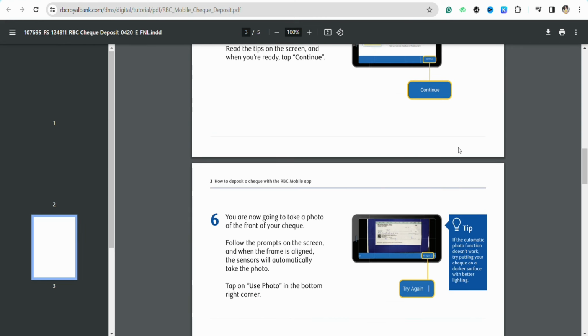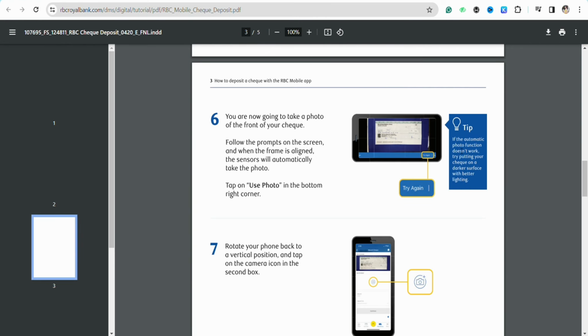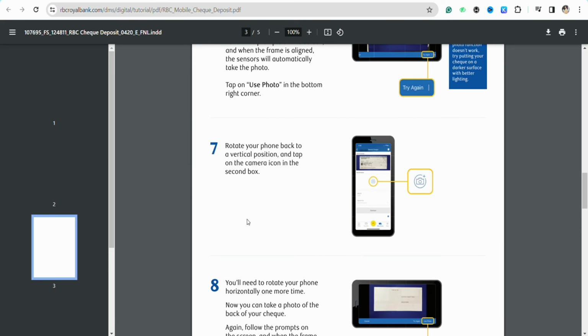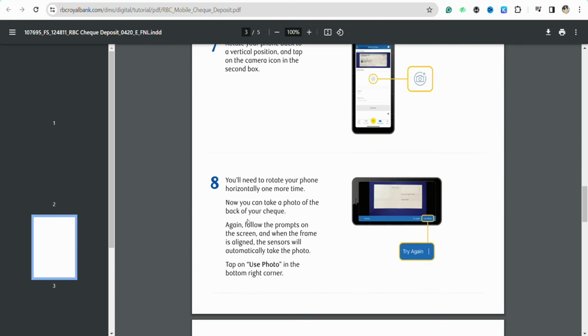of the check that you are scanning in the front, and after that just simply use the photo in the bottom right corner, and after that just rotate your phone back to the vertical position and tap on the camera in the second box. And once you have the photo with you, just enter the amount on the top right